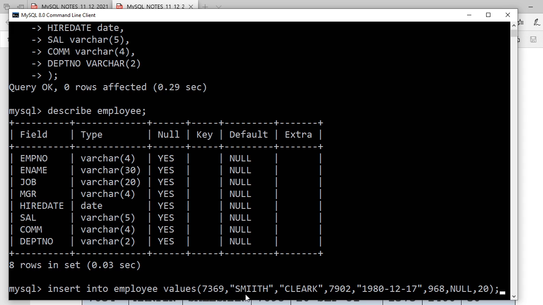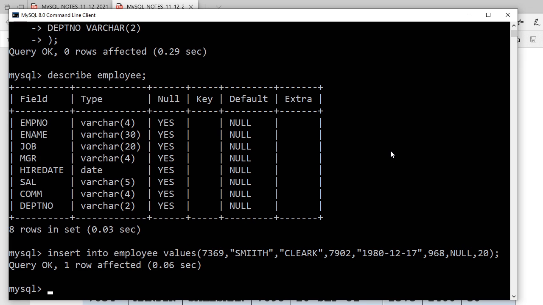The data you input through typing decides it. Suppose this is 7369, so this employee number will be considered an integer, and with double quote it will be considered varchar, making the values character. Is it okay? So I am pressing the enter key now. The query is okay, one row affected, so we have inserted one.